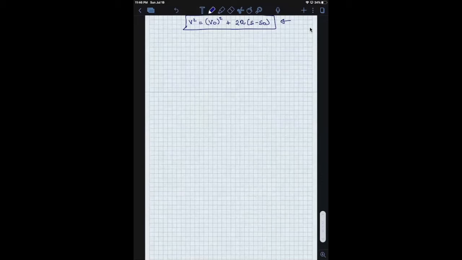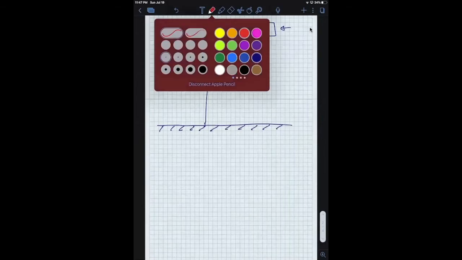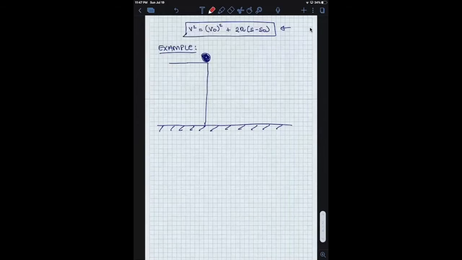So the example says there's this building. This is the ground. And there's this ball that's been dropped from the top of the roof. And there is a window right here. The window is 2 meters long,